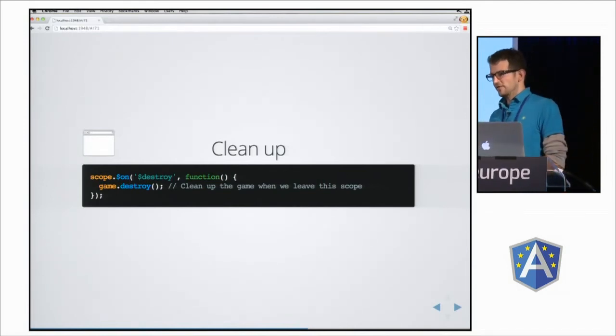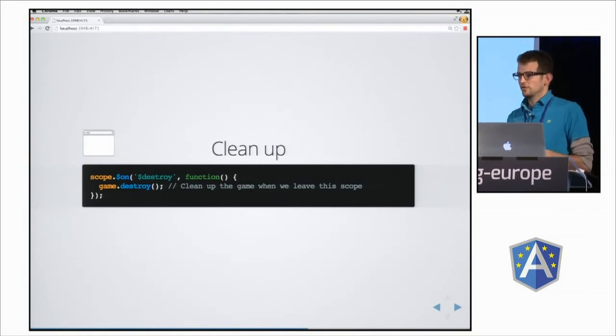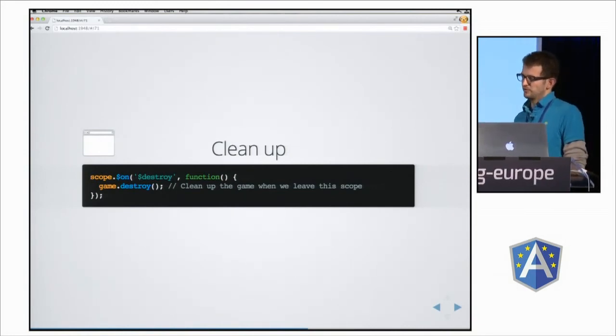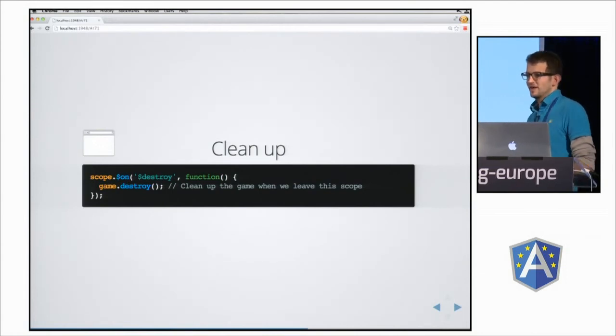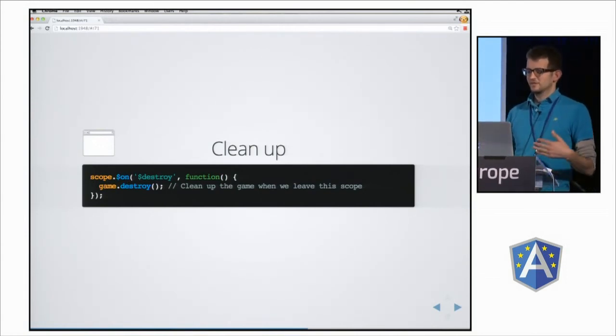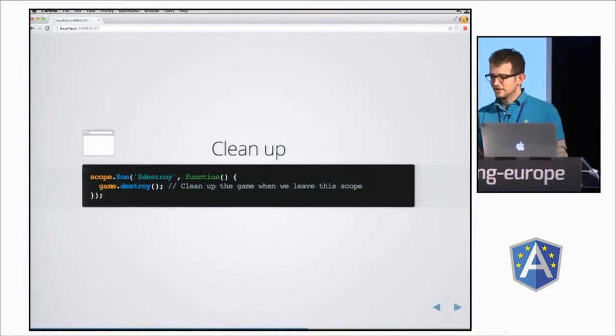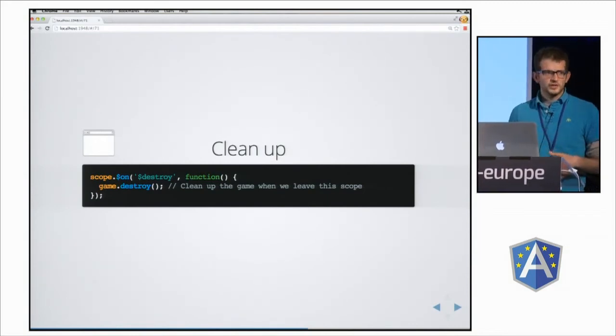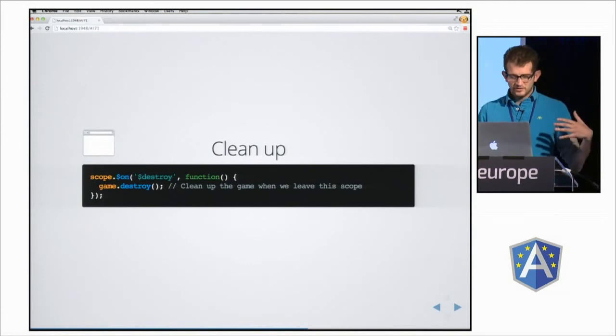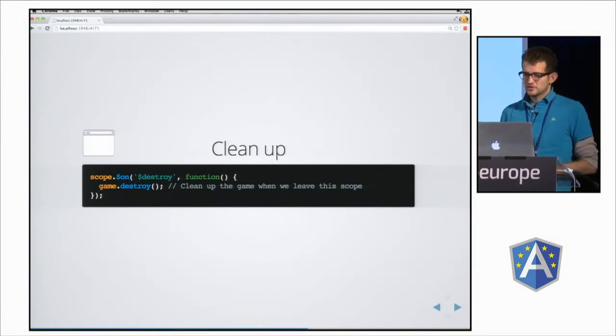The $destroy event is called by Angular before a scope is destroyed. I said that, that pause was for emphasis. Okay, so inside of here, we just need to make sure that we clean that up. Inside of the callback function that's called with this $destroy, we need to call a cleanup on that